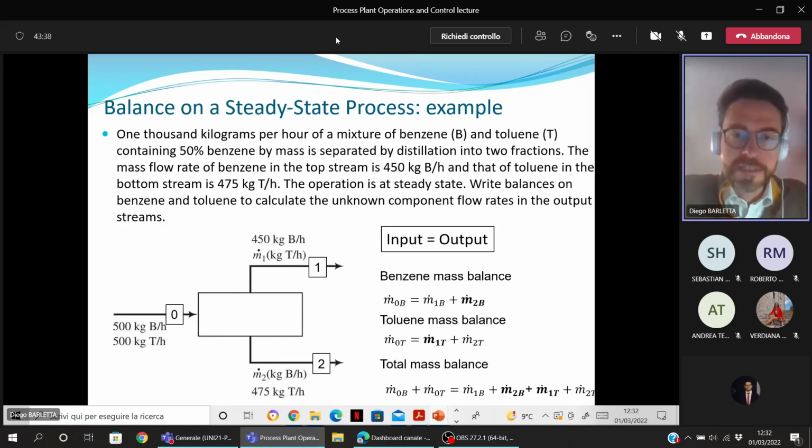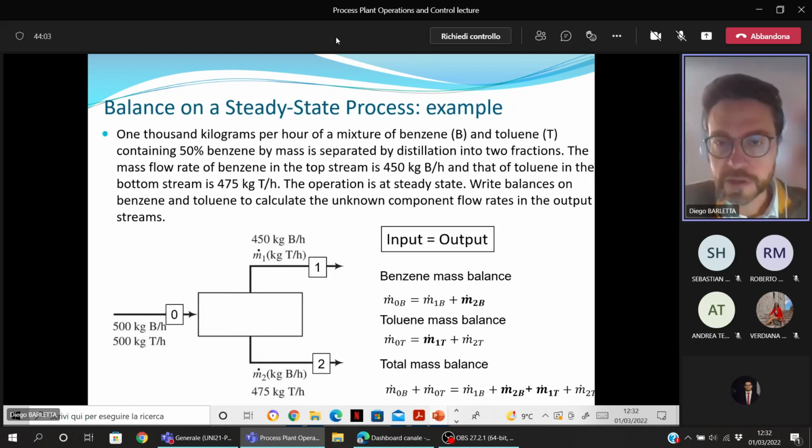I will use this number as a subscript for each mass flow rate to refer to the stream, and then a second subscript could refer to the chemical component, for example. And so I could rewrite the equation as